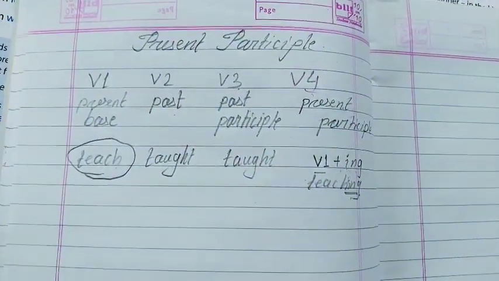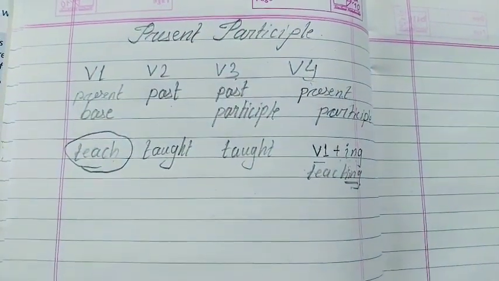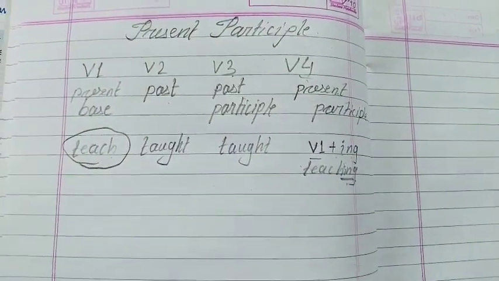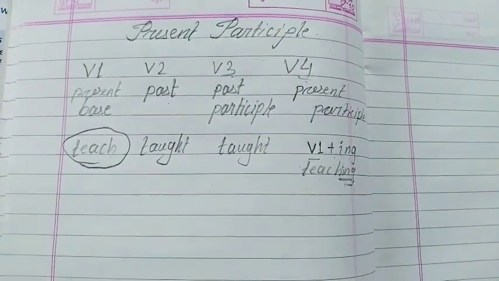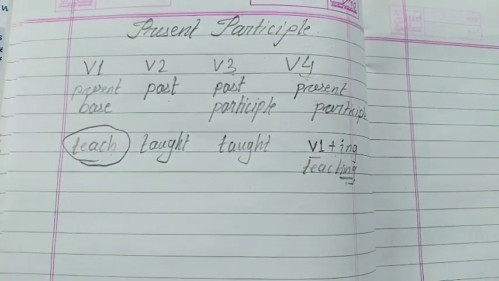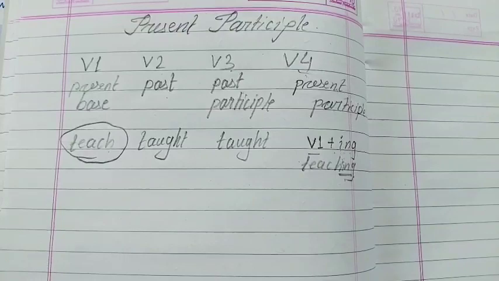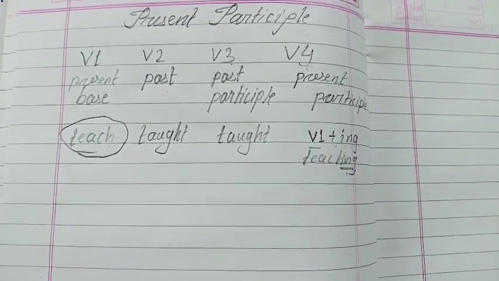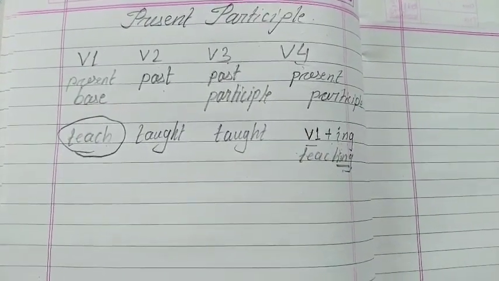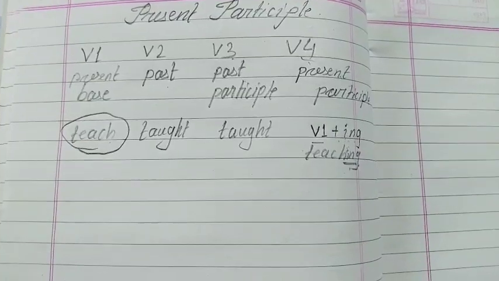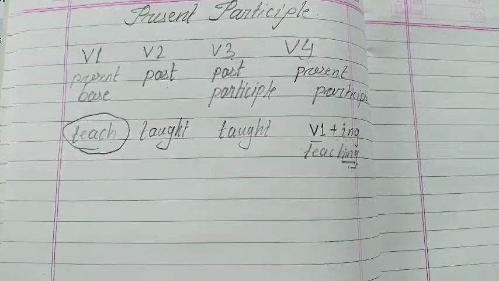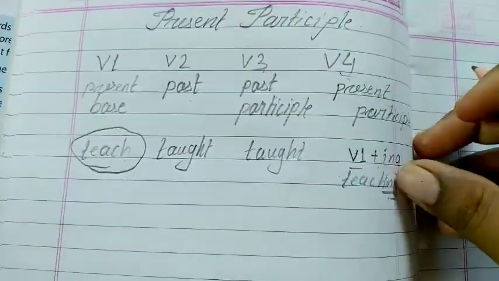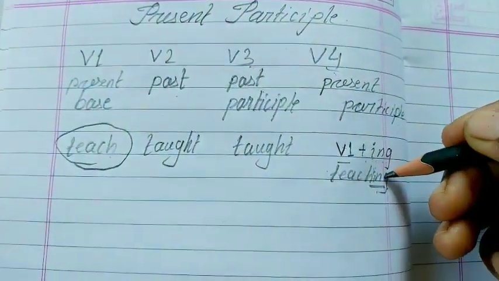Continuous form. For example, what am I doing now? I am teaching. You are listening. You are learning. So the ing form words we use to say that some action is continuing. चल रहा है, that means that action चल रहा है. कौन सा एक्शन? सुनने का, पढ़ने का और जो भी है, लिखने का भी. राइट? फाइन. यू आर वॉचिंग वीडियो. सो विच एक्शन इज गोइंग ऑन? वॉचिंग. राइट? फाइन. So V4 or present participle we use for continuous form.